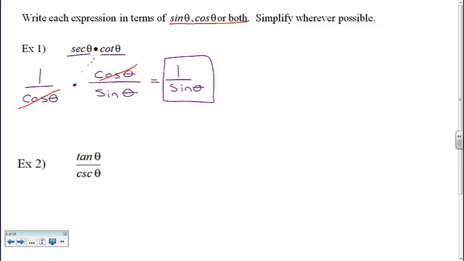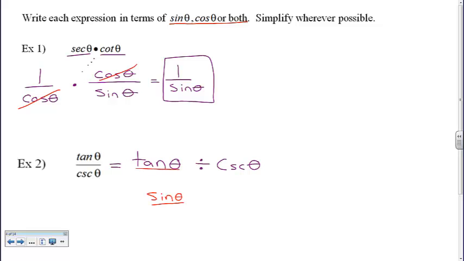In example 2, we notice we have the tangent of theta over the cosecant of theta. To avoid confusion, what I'm going to do is rewrite this problem so that it appears linearly. I'm going to say tangent of theta, and I'm going to write an old school division sign. And I'm going to say tangent of theta divided by the cosecant of theta, because remember, your fraction bar is